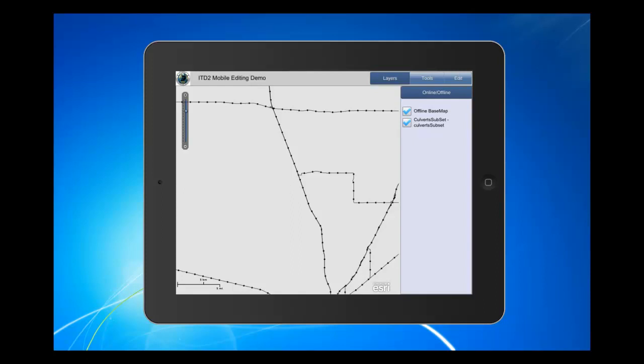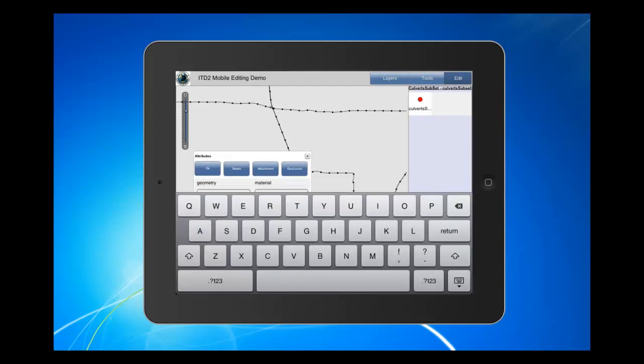We're actually going to add a culvert offline. So let's go ahead and do what we've just done before. We're going to hit the edits button, and we're going to hit that culverts option. We're going to tap a point on the map, and there is that culvert. Let's go ahead and actually update some information here. We're just going to make some notes, so we'll just put test data,